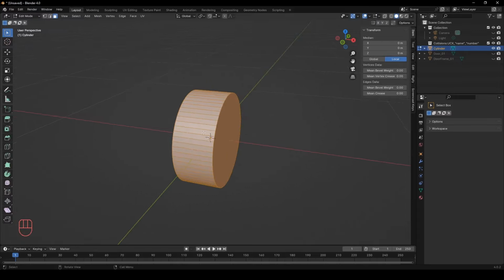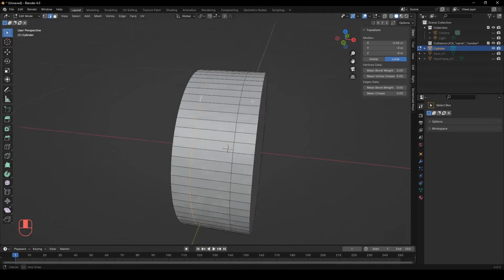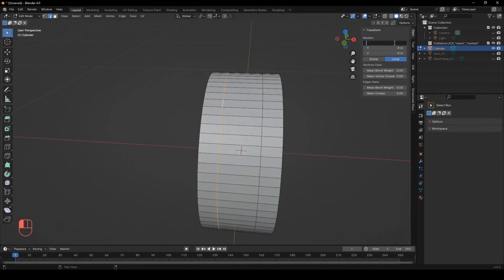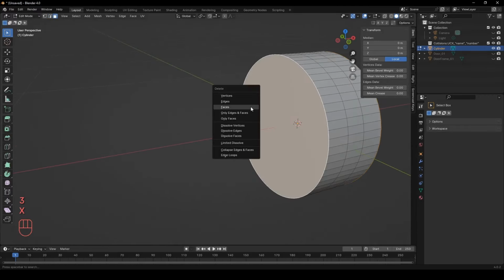Switch to edit mode and now we create a groove in which the lever will be moving. Select all faces except those two side circular ones. I for inset. 10 cm groove looks too much to me. 6 cm looks good, so it's 0.03 for both sides. Select side faces and remove them.